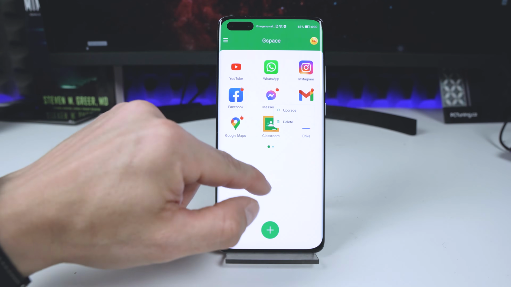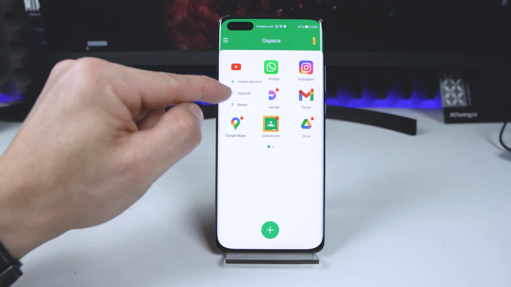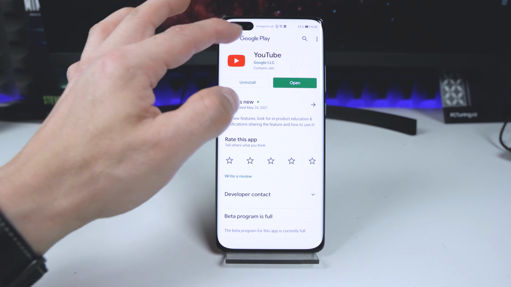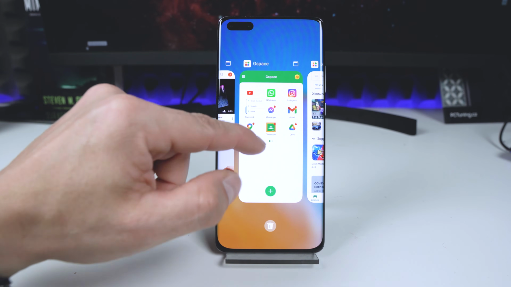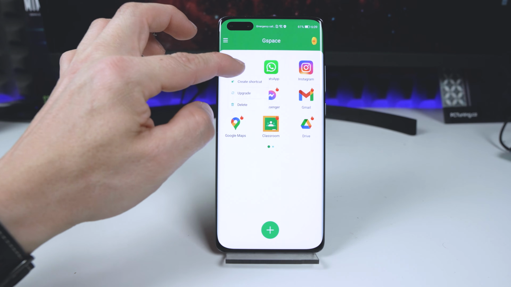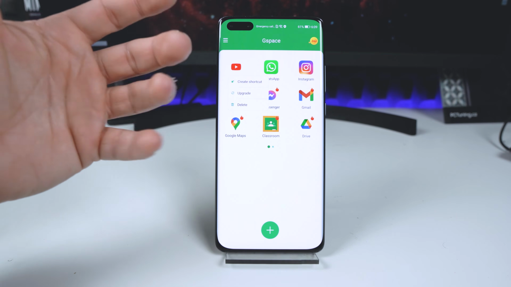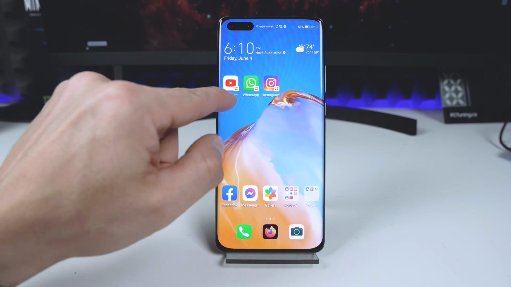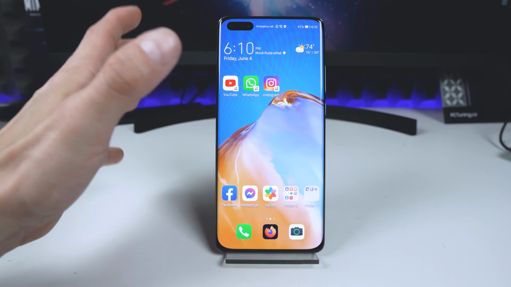We can upgrade the application. If I tap again on YouTube right here and tap on upgrade, there is no update for this application, but you can update the apps by tapping on it, holding the finger on it, and choosing upgrade, and the application will be updated if an update is available, of course. So I go back, and as you can see, we have shortcuts for the three applications I downloaded